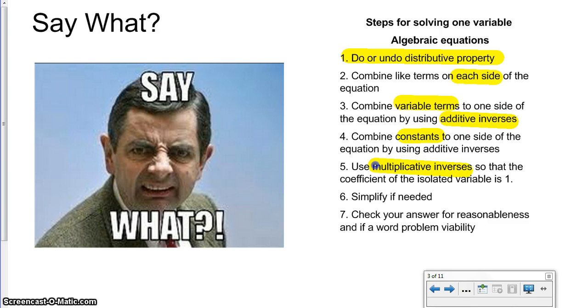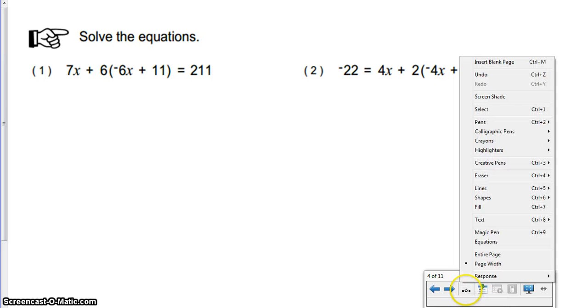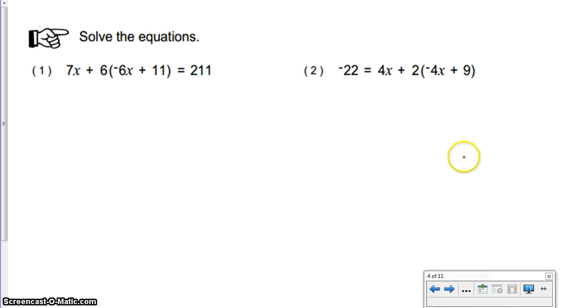inverses. Several of you had some problems with this when we did the simple things with the big 20s last week. And then check for reasonableness and viability, especially with word problems. If you have a word problem and it says that you have to order 2.2 pizzas and you decide to round down, someone's not going to eat. So make sure you figure out the viability of the answer, okay? So go ahead and stop the tape and see if you can answer these problems, and then I'll work them